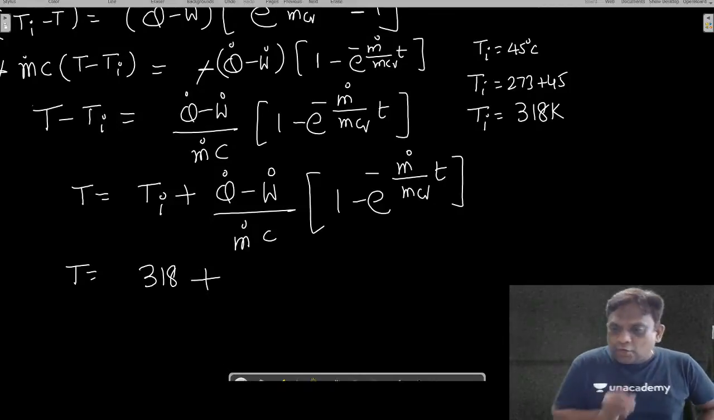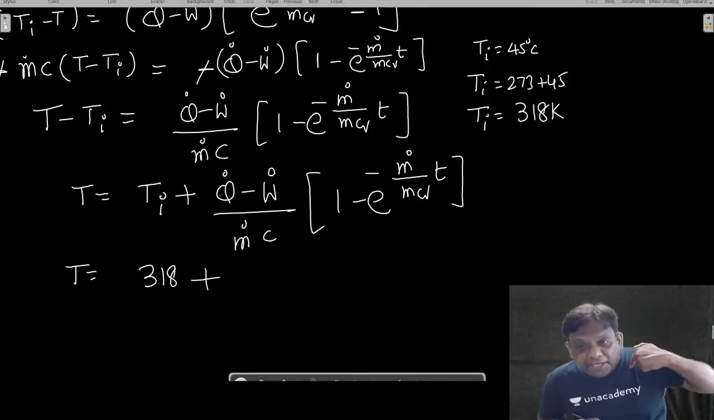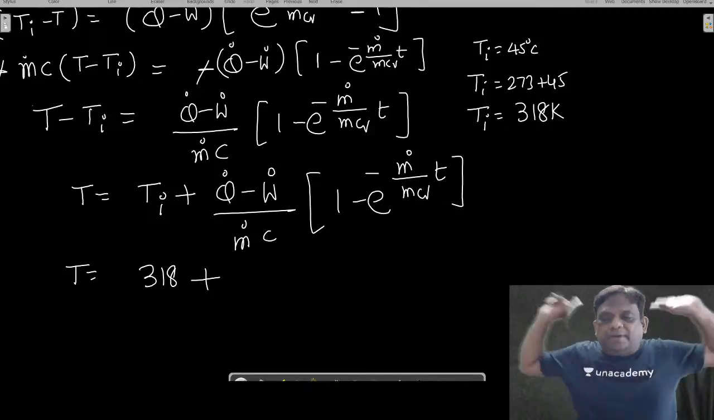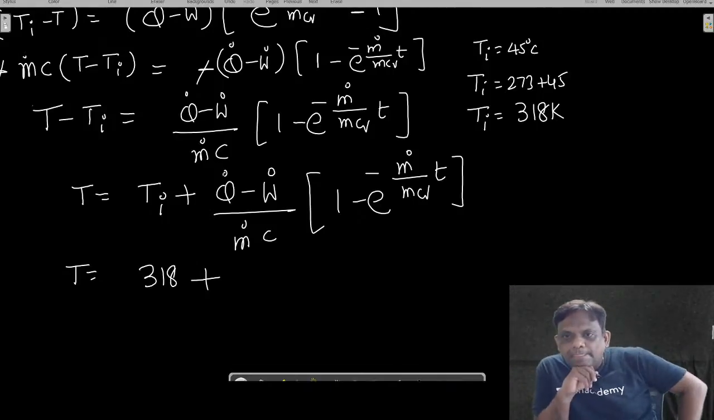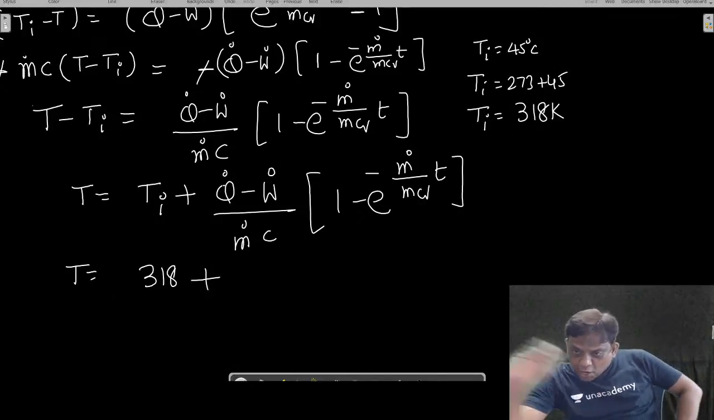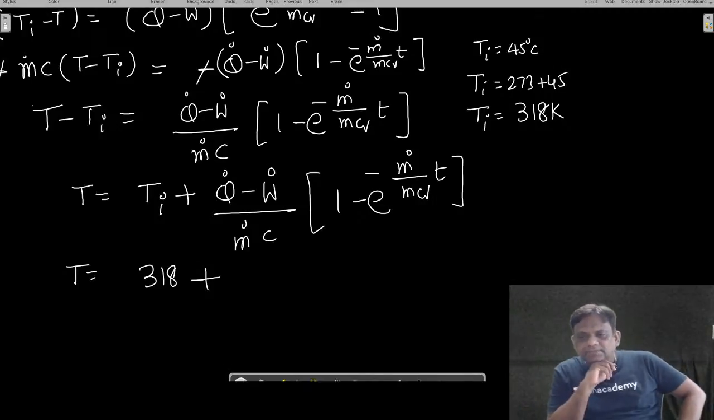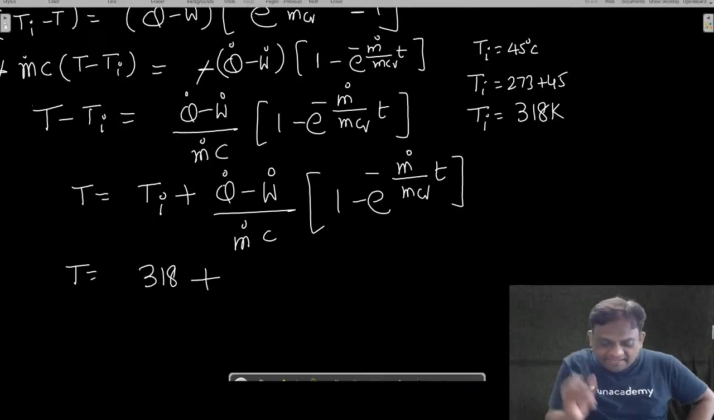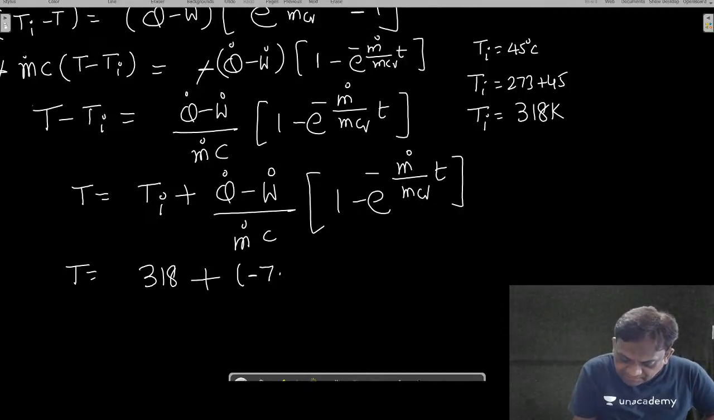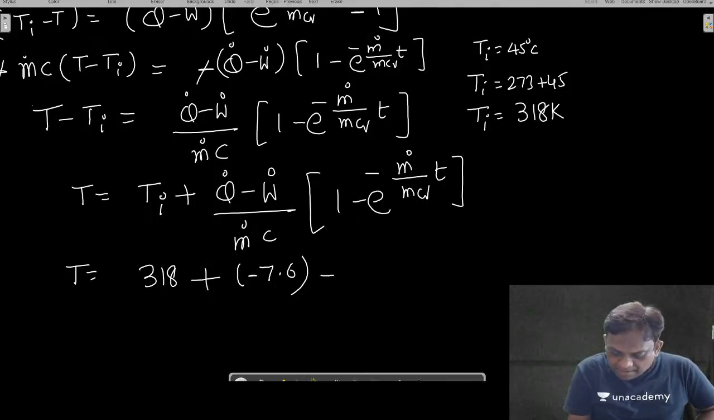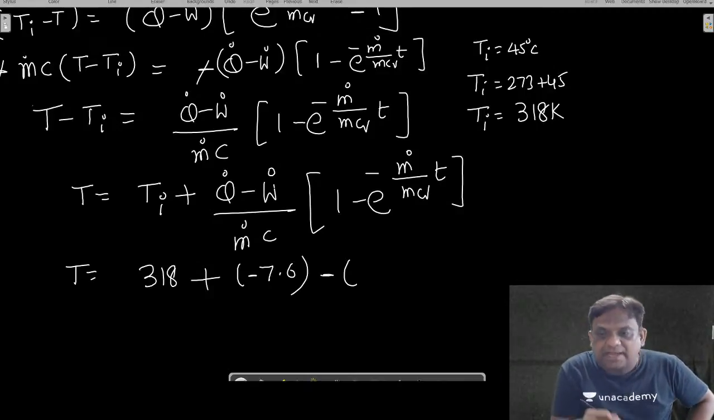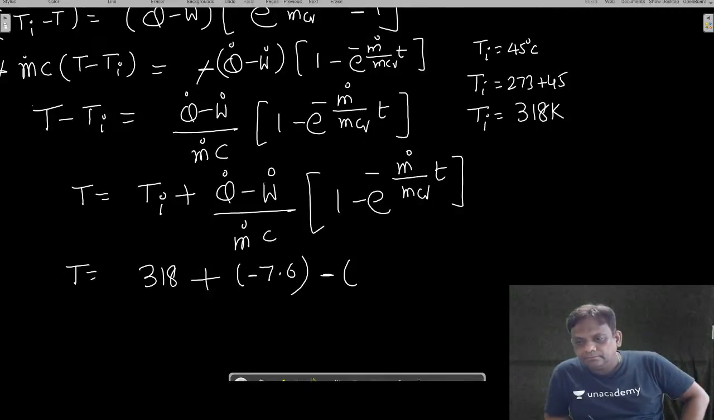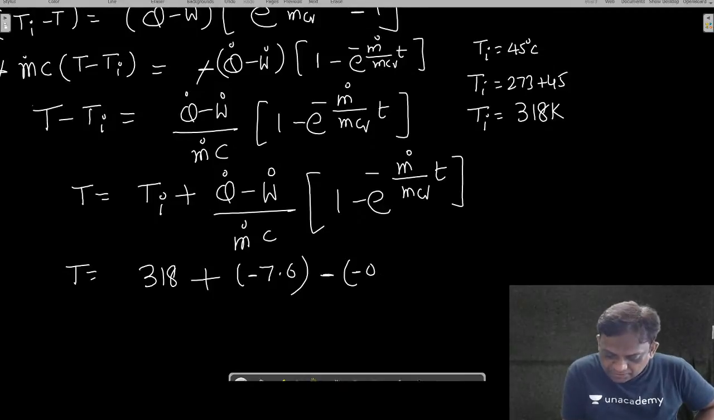Plus, anyone with Q dot? In the problem, Q dot is given. He is removing heat. So this Q dot, is it plus or minus? You tell me. The coil is removing heat. From the system, heat is removed. Minus, wonderful. So this is minus 7.6. Great. Work, it is input. So should I take this work as plus or minus? This work is input. Negative. Minus 0.6